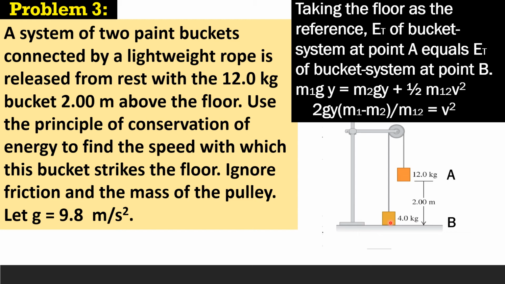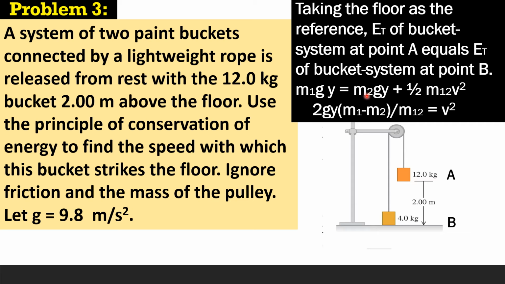But here, we are not going to apply the principle of Newton's second law and third law, but we have an alternative way of solving this problem using the principle of conservation of mechanical energy. So, let me explain first what we have on the right side of the equation. It says here that the potential energy of the 12 kilogram block is equal to M2GY. M2GY is also the potential energy